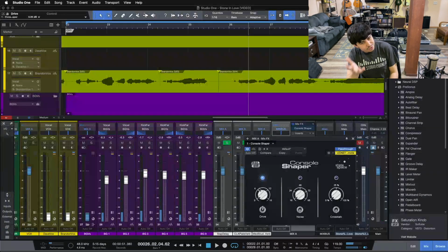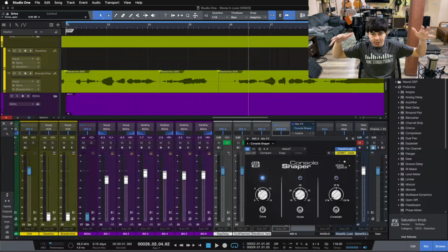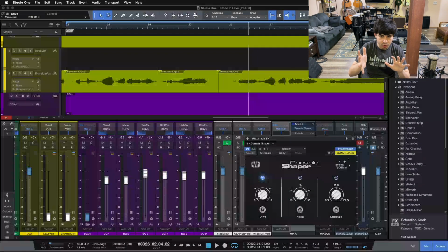So you'll notice it's kind of a funny thing as we push the drive harder. To me, it works like an actual console would work. The harder you push into the console, the more it's going to roll off the rougher edges per se. So the harder you push the drive here, the less you're going to get of that crispy top end. It's going to kind of roll that harsh top end off, and it's going to roll our big low end off. So the harder you push in, the more saturation you drive into the console or drive from the console,